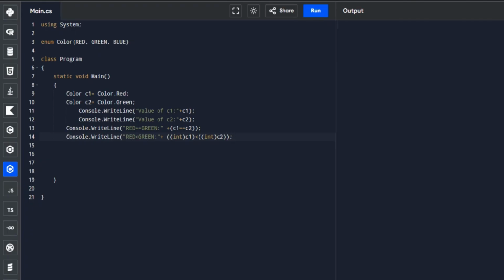Alright, so we are now done with our next operation, which is addition. Still, it requires casting in this part.